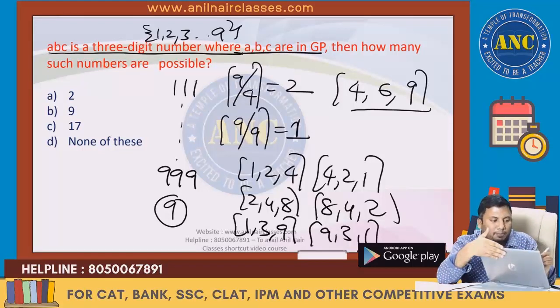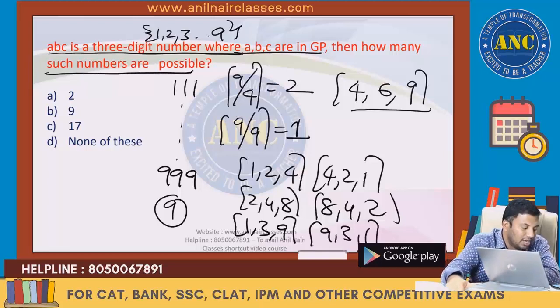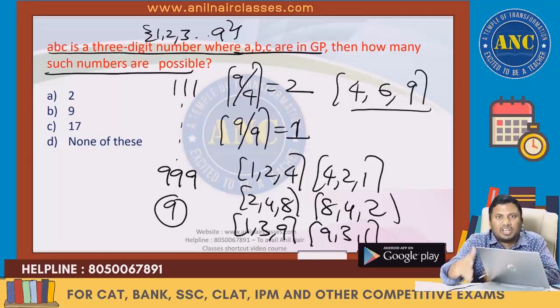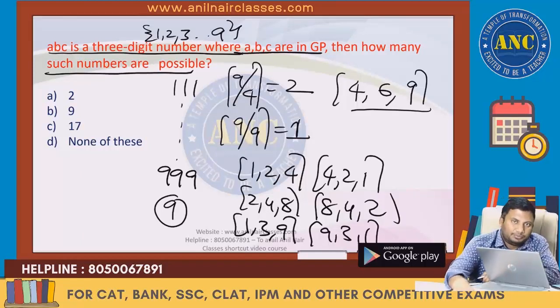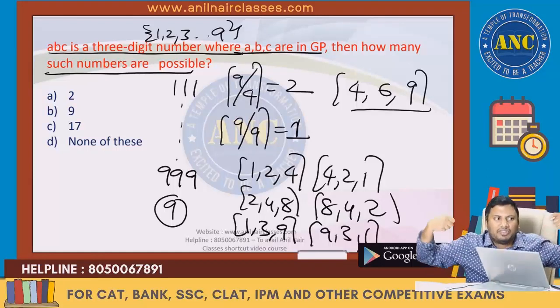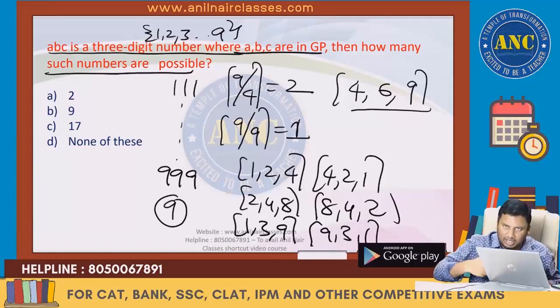A, B, C are in GP. How many such numbers are possible? Abhijit, why NC2? NC2 combination is used when you are selecting numbers. You select any 2 numbers that come into your mind, 6 and 7. There is only one way they will be in ascending order, and only one way they will be in descending order. So that's the reason for NC2. Selection means there is only one way you can pick the numbers in ascending order and only one way in descending order. Anyway, in the future also I will explain that concept. Next one.